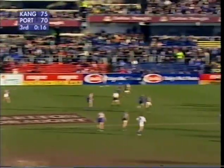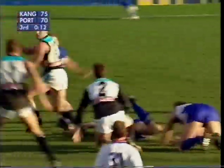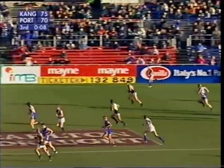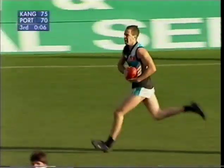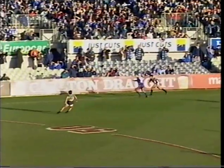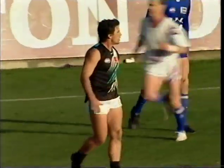Teague goes long towards half forward. Petrie to come over the top, couldn't quite bring it down at ground level. There's Franco. Little handball towards Primus. Gets it out to Bishop now. One last chance for Port Adelaide. Only 5 seconds left on the clock. They need a mark. It's not going to get there. Cockatoo Collins will gather just inside the boundary line, but time will beat Port Adelaide in what was a very,